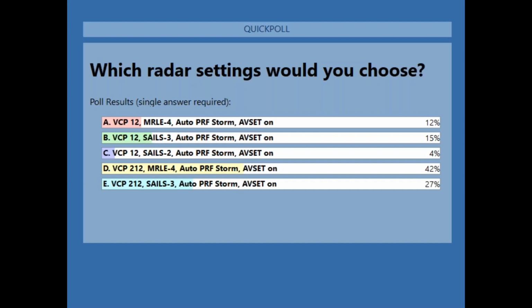It's not clear cut. So in this case, the second answer was E, the second most favorable at 27%. So they're kind of flashing back between that SAILS 3 and the MRLE, because I think you're kind of in that 40 to 50 nautical miles. And I think those are both good options. I do want to recommend that people strongly consider VCP 12 too. And so if this is a case where